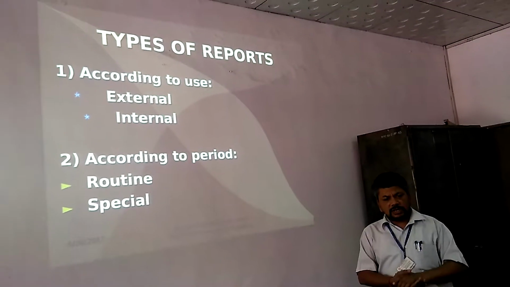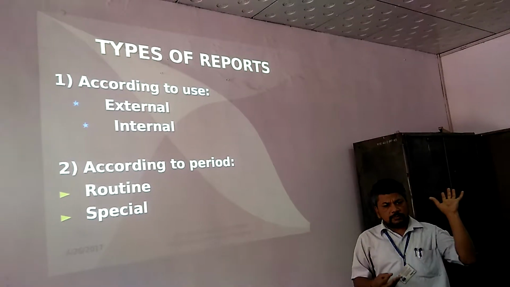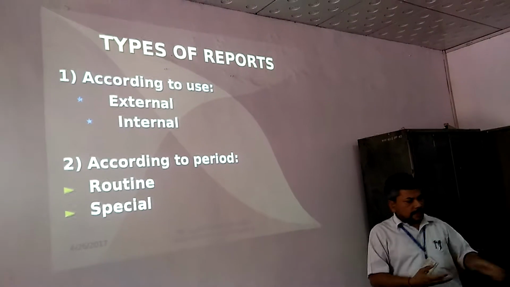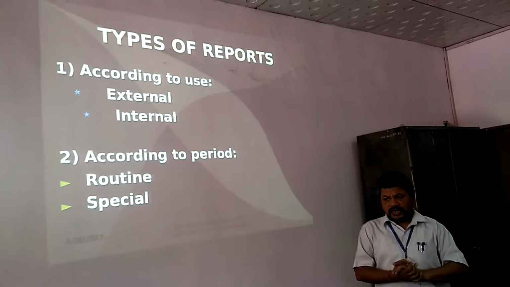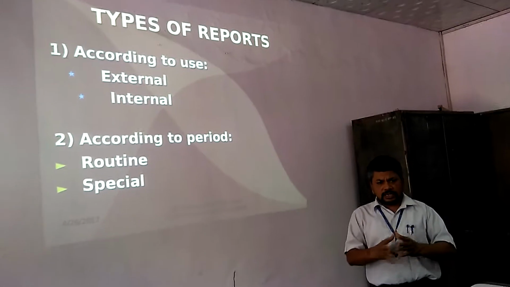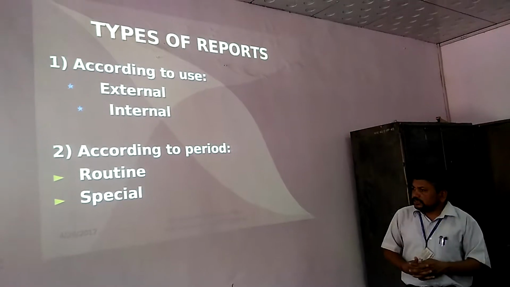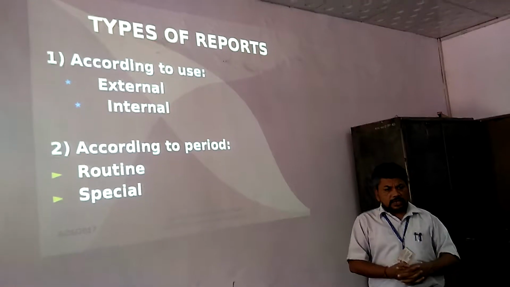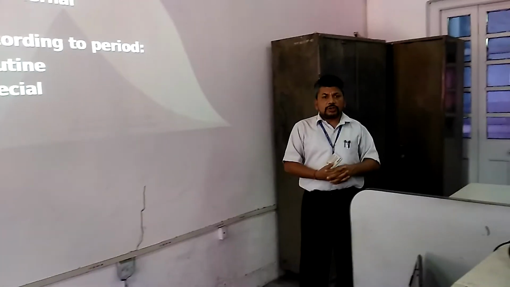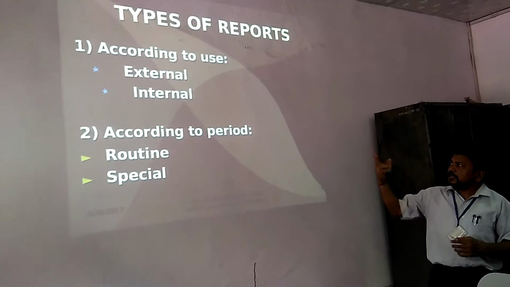If some accident happens, they will set up an internal inquiry, like the LED factory fire incident that happened 2-3 days back in Greater Noida. You will find that an internal inquiry will also be there. The government will also set up a team of inquiry and they will visit. Similarly, the bad incident that happened in the Maruti factory in Gurgaon. There were 2 types of inquiry. So according to use, it is an external and internal report.